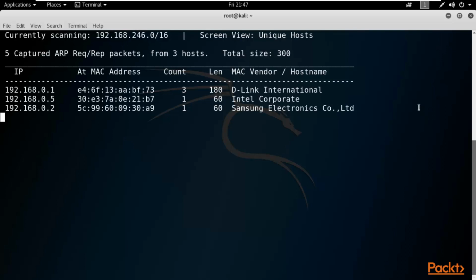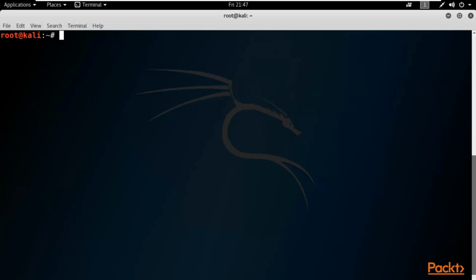So that I'm going to show you here. You can type Control C to clear it, and you can type clear also. So to provide a range, you can type the -r option here. So you can type here netdiscover